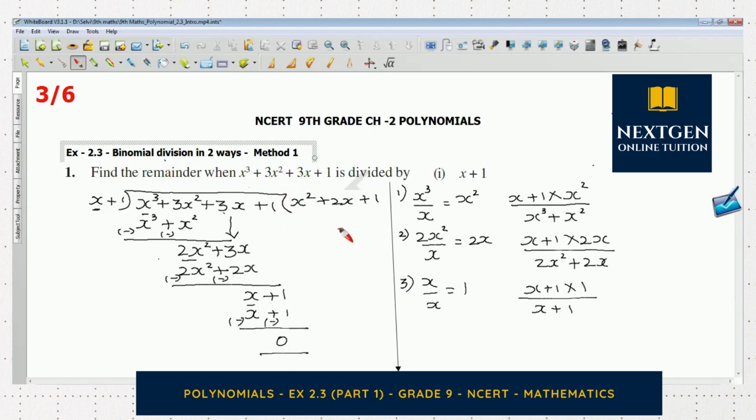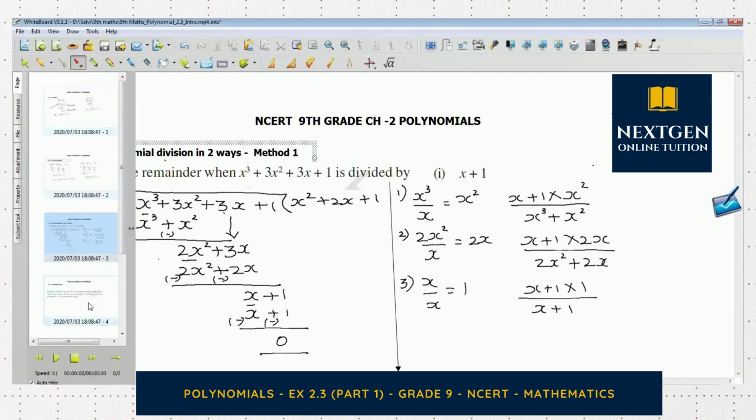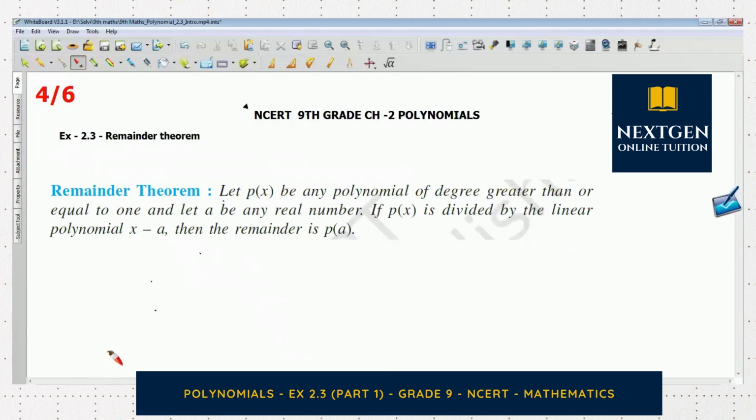Okay, fine. Slightly, this is a cumbersome process. We need a lot of time to do all these calculations to find the new quotient in each and every step. So we got the quotient in 3 steps. This is slightly a confusing and also a difficult process. We have an alternate theorem for this, which we call the remainder theorem.